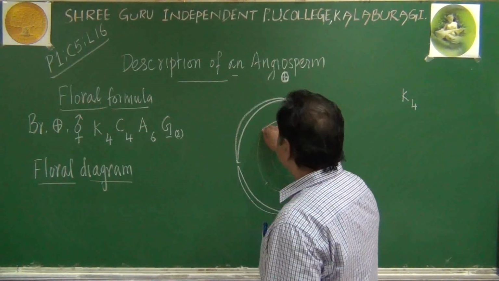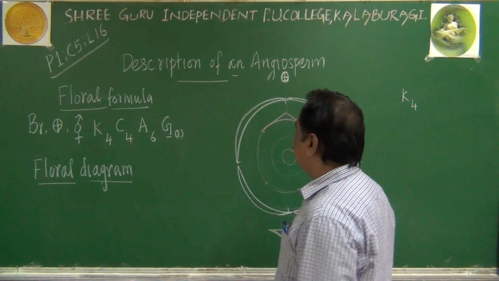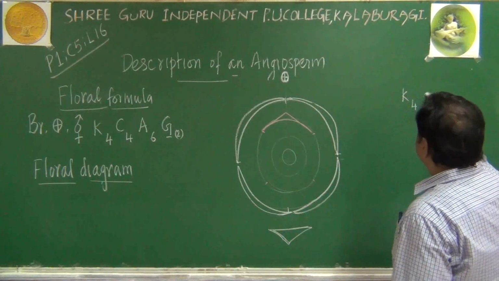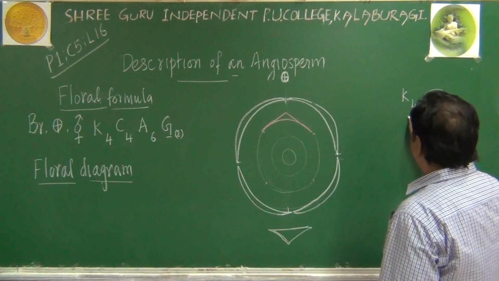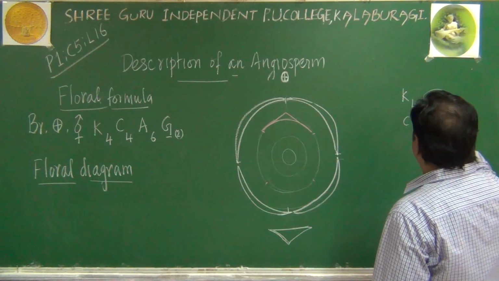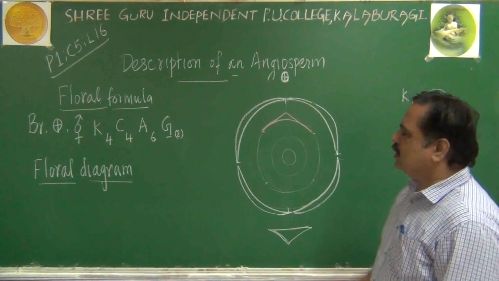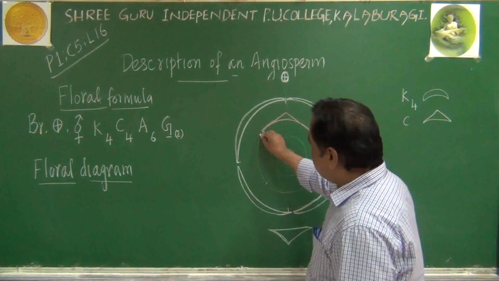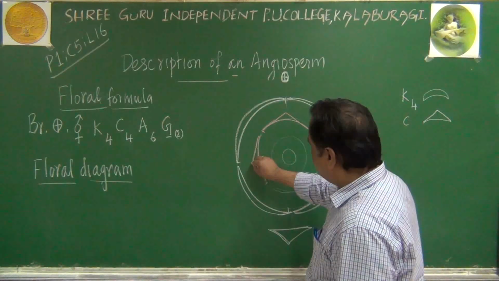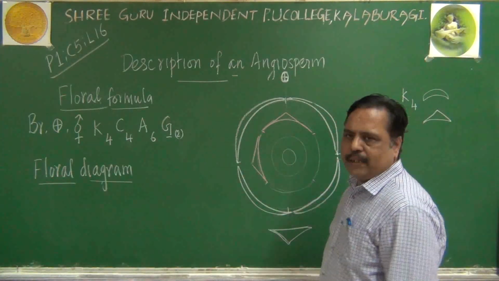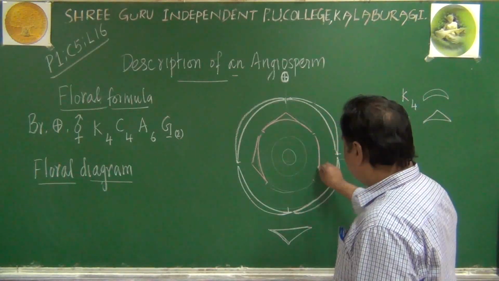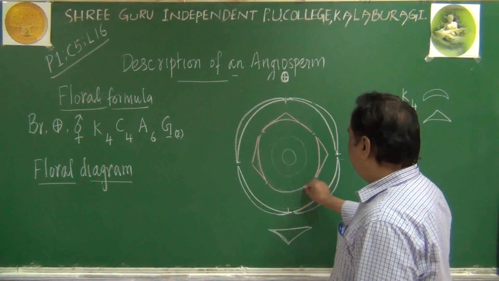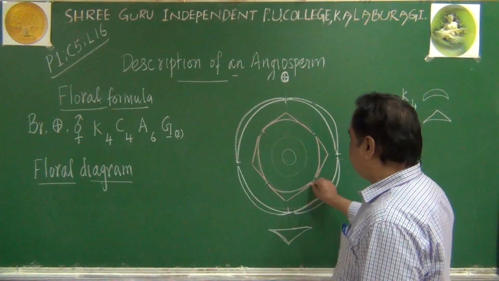Listen, this is the first petal I am drawing here. For the sepal, I drew a half moon shaped structure like this. For the petal, I am drawing a triangle shaped structure here. That is the diagram for the petal. This petal is the first one. The second petal I can draw like this. The center will be like this. The third petal we can draw like this. Here again the center will be facing here. The fourth petal I can draw in this manner.